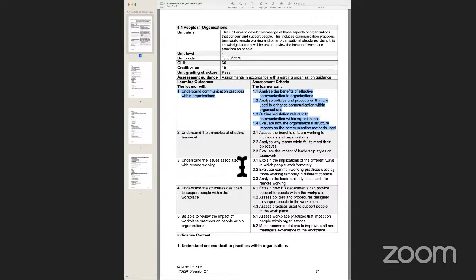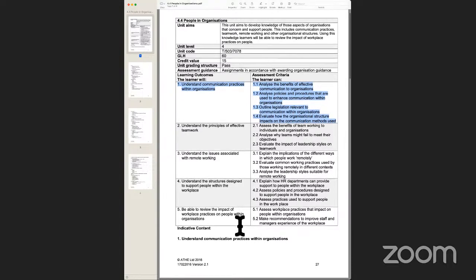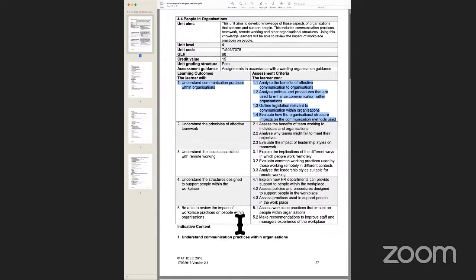So we will have 6 sessions for this particular unit, which is People in Organization. We're going to be starting with learning outcome 1 today and discuss all the assessment criteria. There'll be a session for 2, 3, 4, and 5. Towards the end, we'll also have an assignment discussion session on this unit, which informs us how we would go about completing and attempting the assignment and collating the evidence. That will be a separate detailed discussion, just like this session, and in that we are going to discuss the assignment brief.